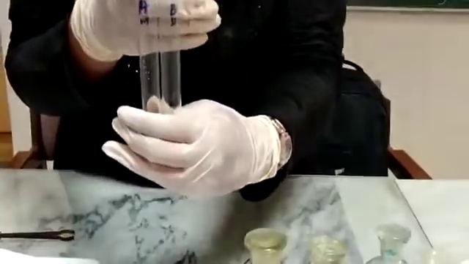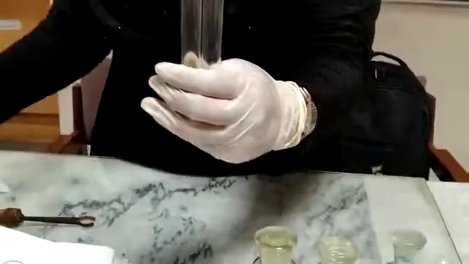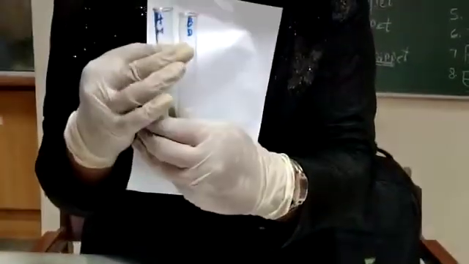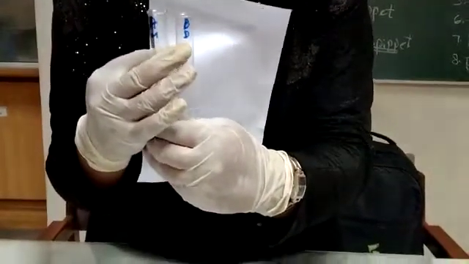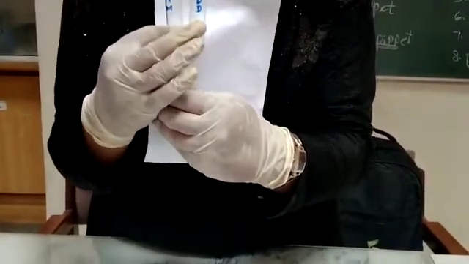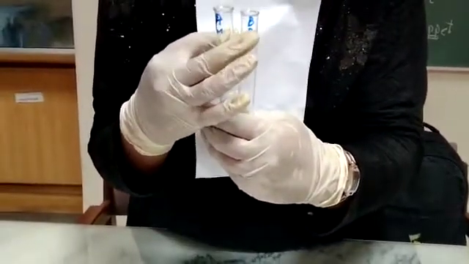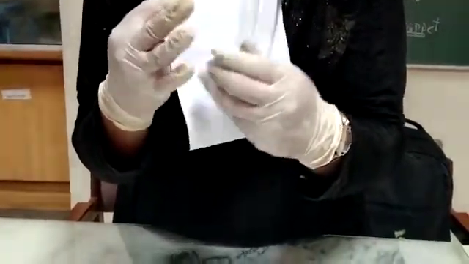For test tube A I will use monosaccharide solution. For that purpose I have written M over there in short form just for my convenience only. And for test tube B I have written D, that is for disaccharide sugar. So this is just for my convenience. You can write A and B. You can also write mono and di just for distinguishing the two solutions.